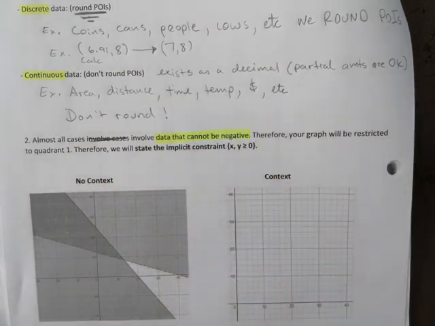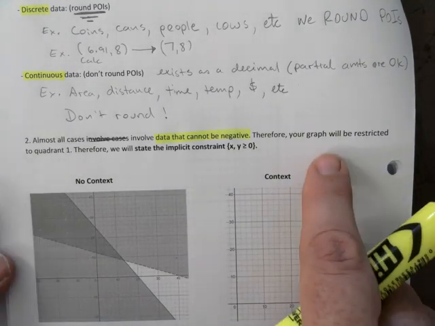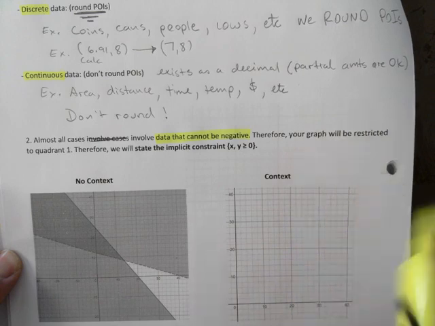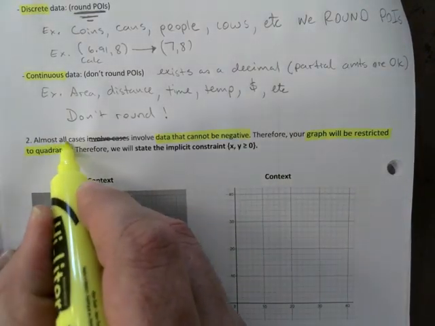In our case, it's always going to be positive. I can see that there are cases where you might have negative, but word problems usually don't. Therefore, your graph will be restricted to the first quadrant,